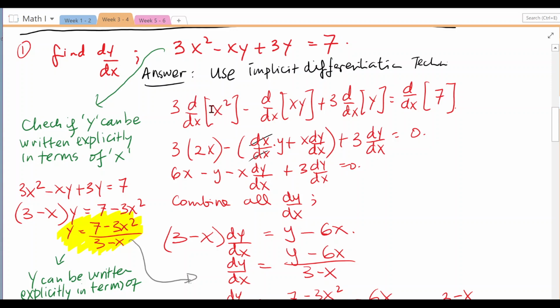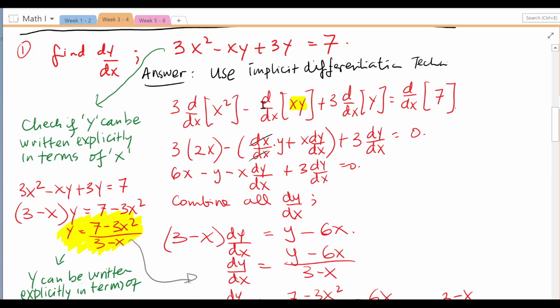You're going to take the derivative of x square with respect to x, because the question is asking for dy dx, minus the derivative of x times y with respect to x. Again, we're going to apply the product rule here. Okay, so in here we have to apply a product rule, plus 3 times dy dx equals the derivative of 7 with respect to x, which is going to be 0. So moving on, the derivative of x square with respect to x is going to be 2x, so we have